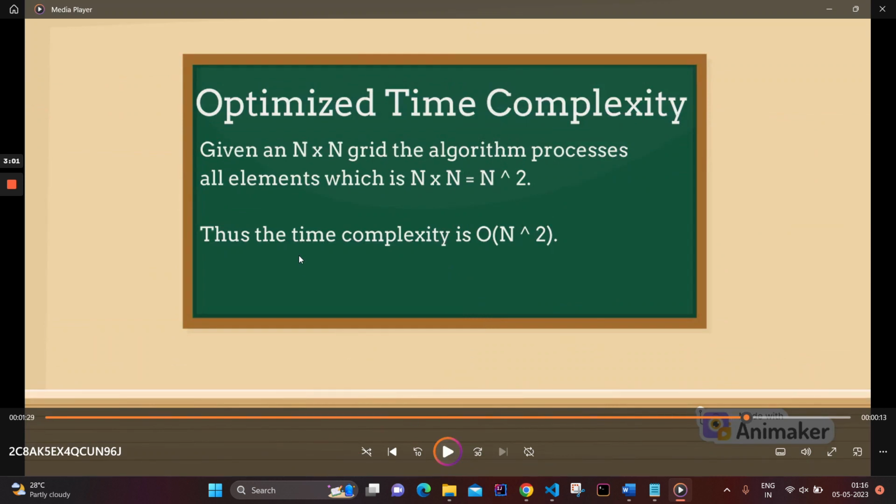So if n is the size of the grid, the number of elements we process is n into n. For example, if the size of the grid that we have seen in the above example is 3, there were 9 elements, so we have processed all those 9 elements. Now the time complexity is nothing but n cross n, which becomes n square. So this is how we convert an exponential time complexity into a polynomial time complexity, and this is how